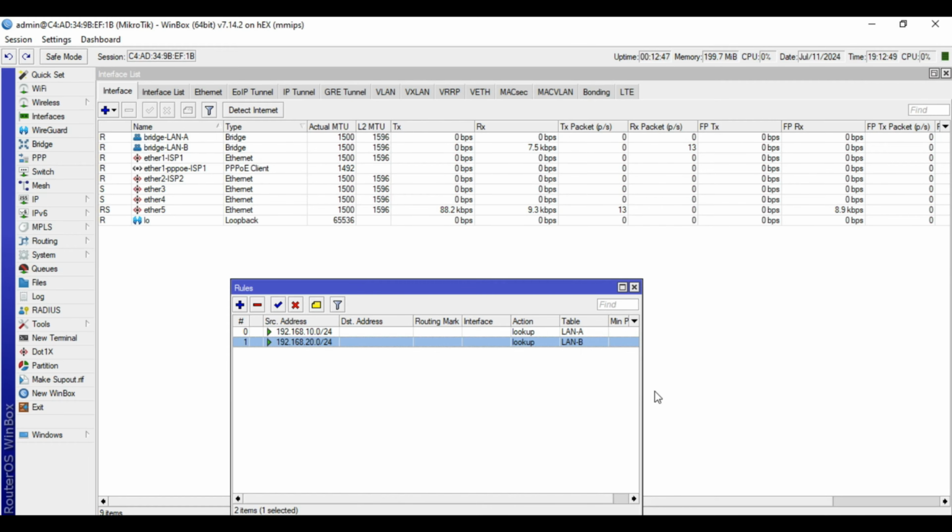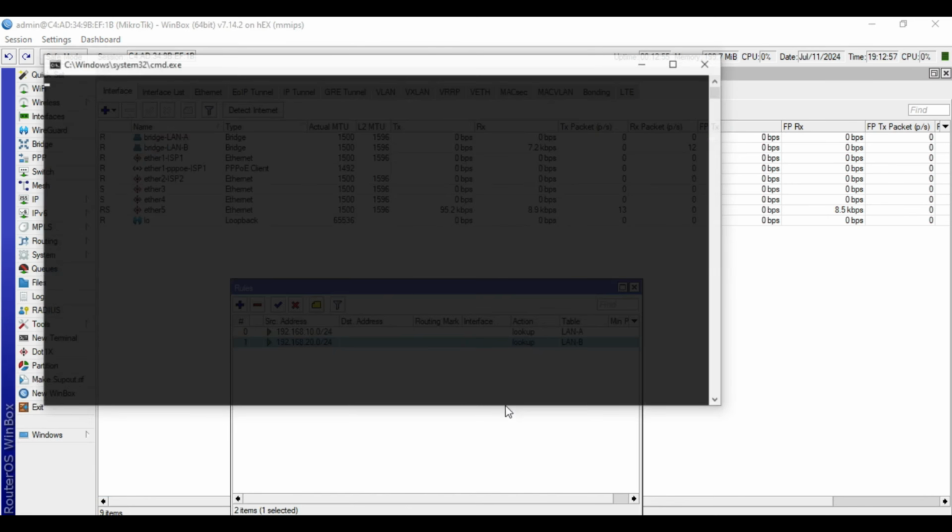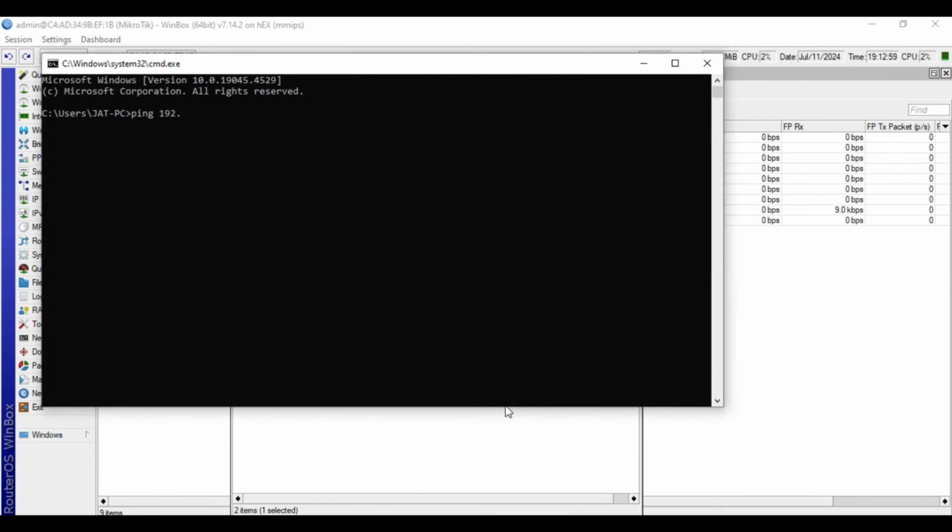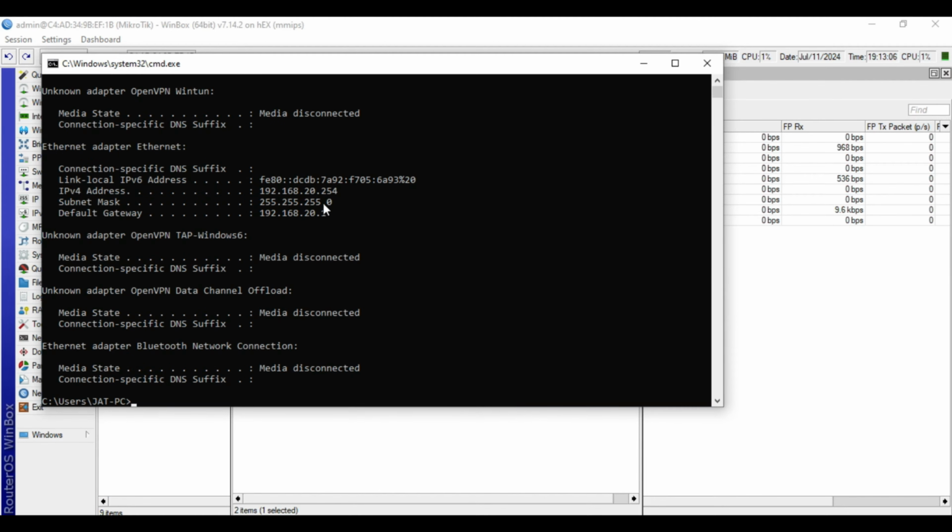After we created these rules, both LAN A and LAN B network cannot communicate to each other. Let's try to do ping test. Let's check first our IP address. This laptop has an IP address of 192.168.20.254.